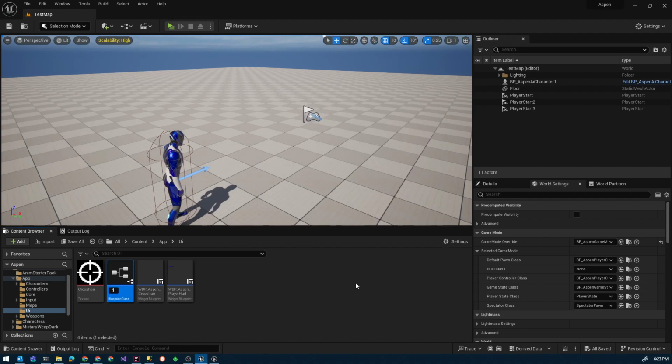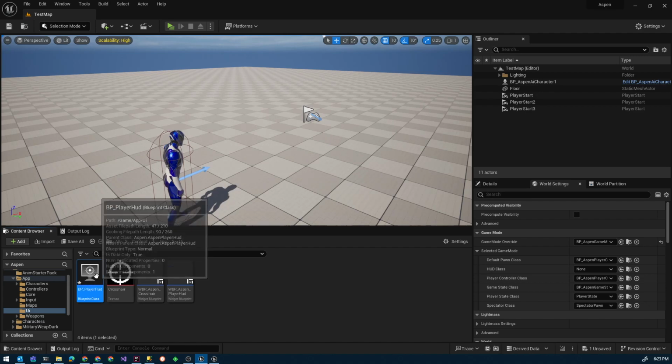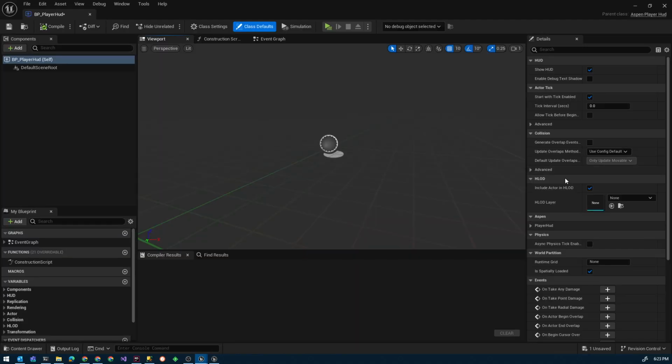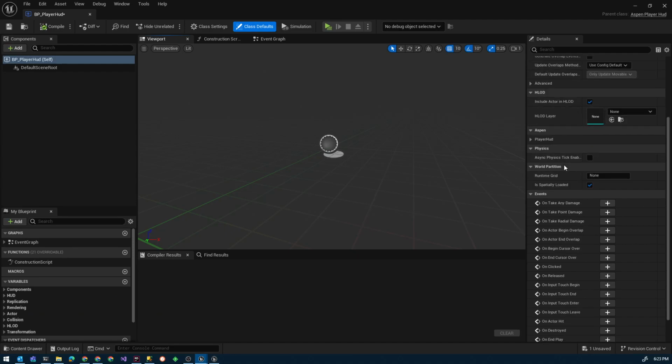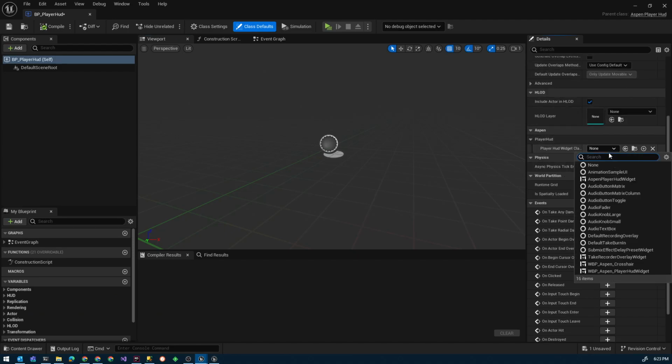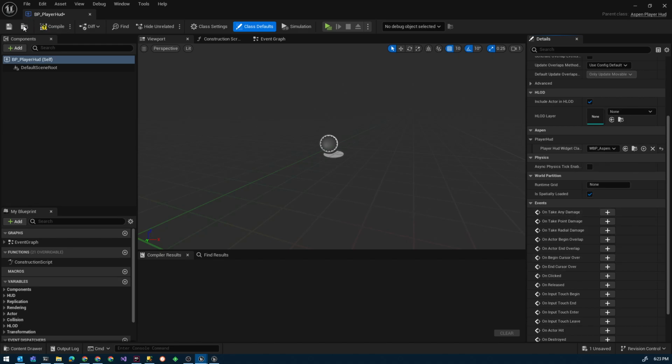I'm going to call that BP underscore player HUD. Open that up, and under Aspen player HUD, I'm going to set the widget class to be the blueprint that I created from the widget class I created. So this is the blueprint that's got the progress bar on it. So I'm going to set that, compile,